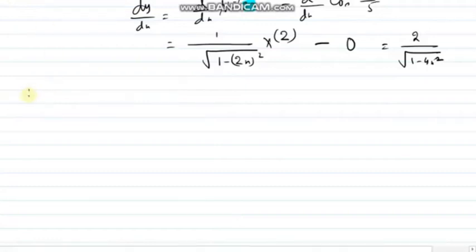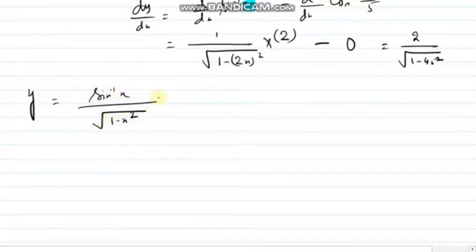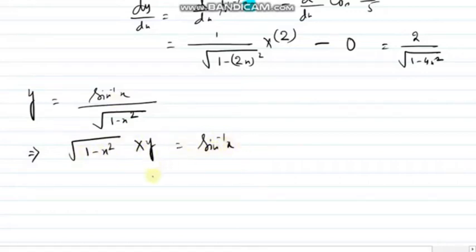Next one, suppose y equals sine inverse of root over of 1 minus x square. Please do remember, two simple theories I will follow. I will try to avoid denominators, that's one thing, and I will try to avoid square roots. So here we have a denominator, something is there in the denominator, so I will cross multiply this. If I cross multiply, I will get this into y equals sine inverse x. And one more thing I said, I will avoid square roots. So if I take the whole square, it will be (1 minus x square) into y square equals (sine inverse x) whole square.